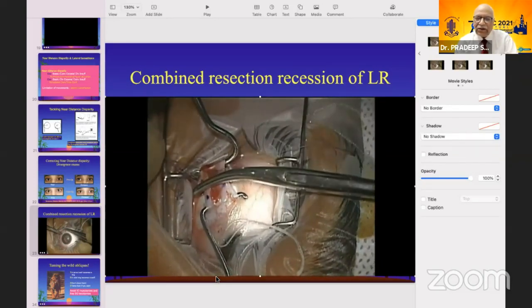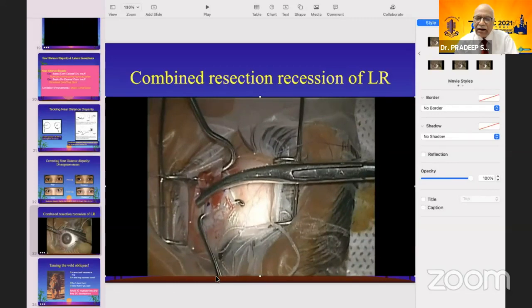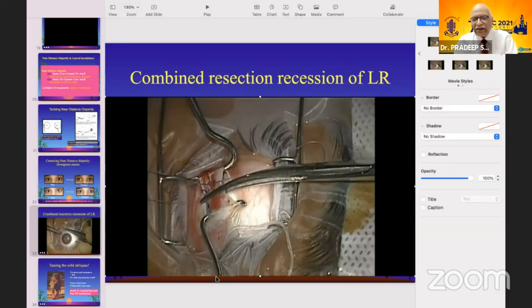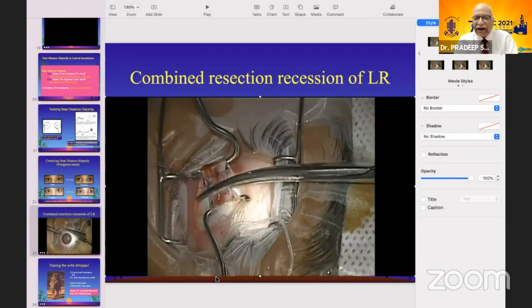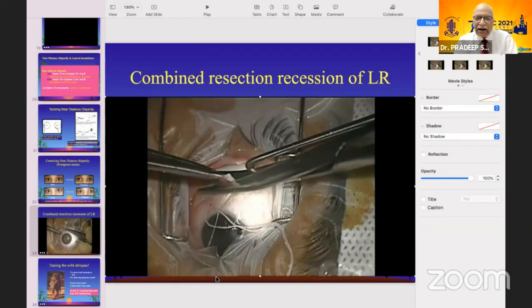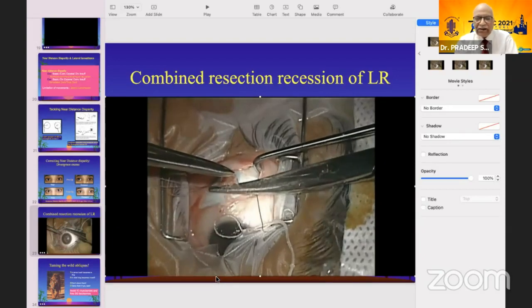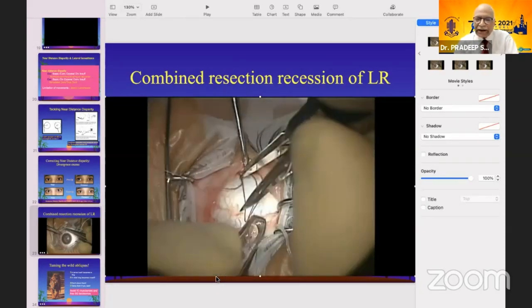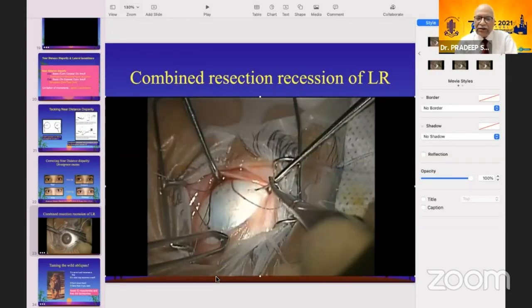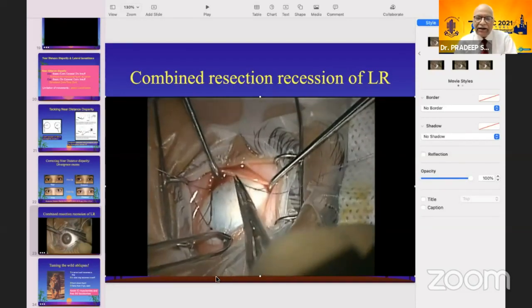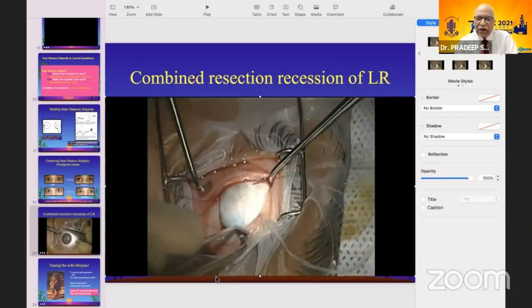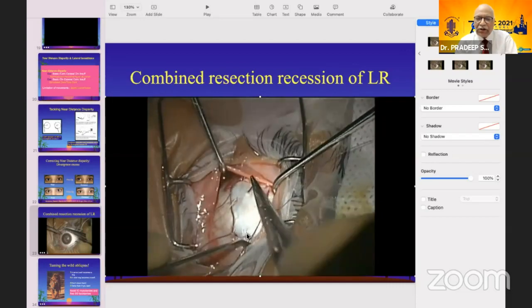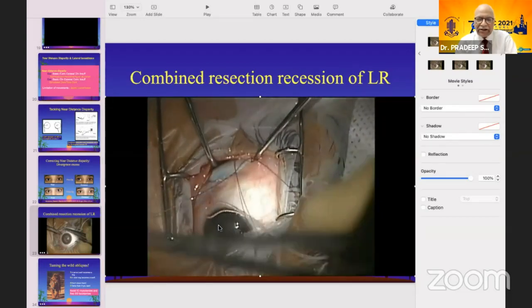And then, if it is done, the recession may be more than this part. If it is the same amount as the resection, it will give you an effect of an adjustable Faden as described by Alan Scott. So here it may be 2x the y, and that will give you the added effect of weakening the lateral rectus. The added y is giving you the effect on the primary deviation correction, and this Faden component gives you the effect on the abduction or for divergence excess.